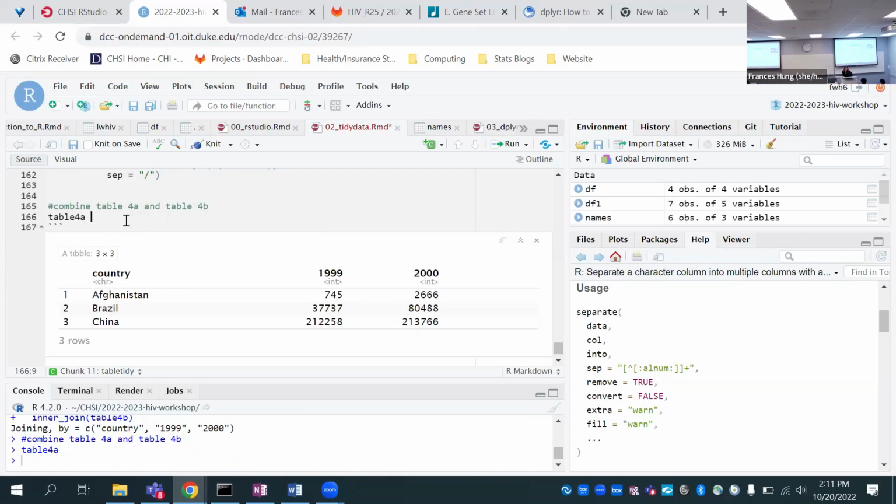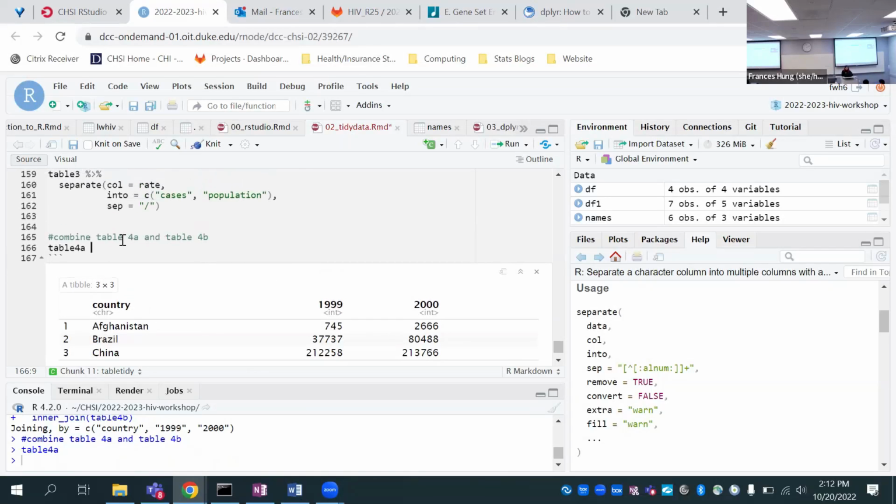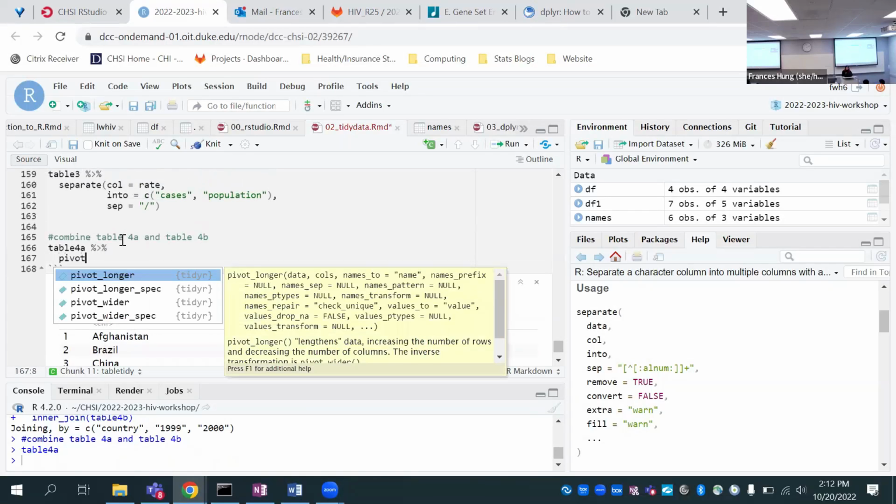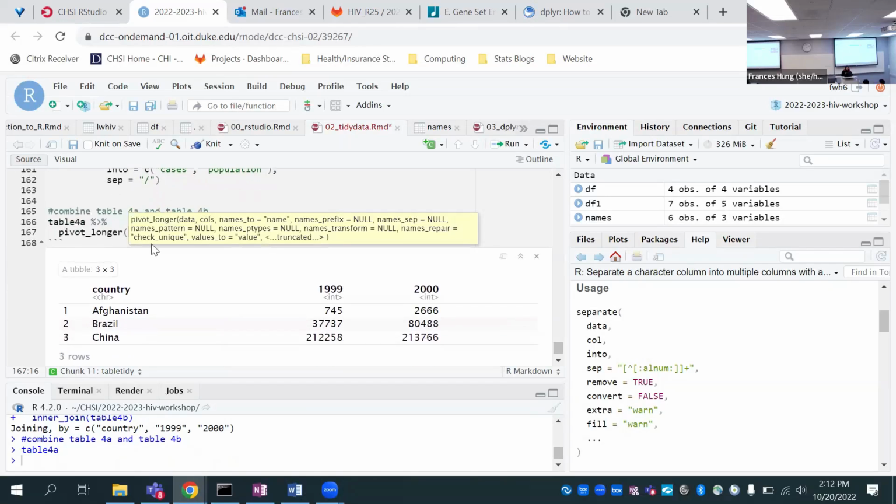So first, we want just a year column and a count column, or I think this is cases. This means that we should pivot longer. So we pivot longer, and we specify what columns to include.